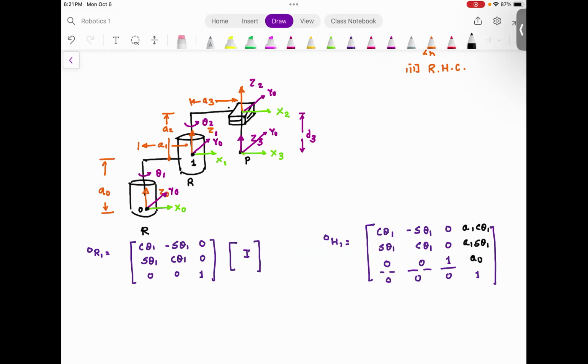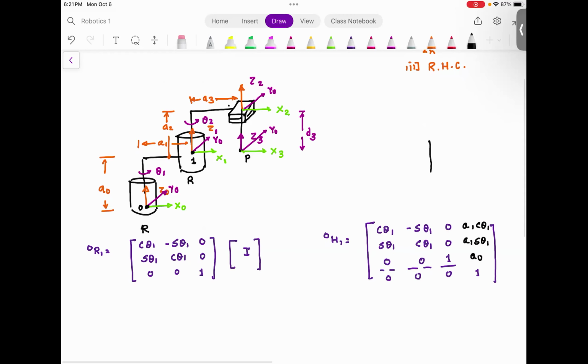Because if you look from top, the two coordinate systems, you are going to see x0, you are going to see y0. When your theta 1 is 0, you are here. When your theta 1 is somewhere here, then you are going to have x coordinate as A1 cosine theta 1, and the y coordinate A1 sine theta 1. Do you agree with me? Next part,